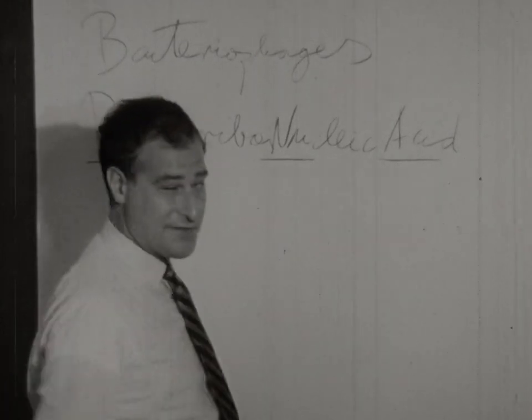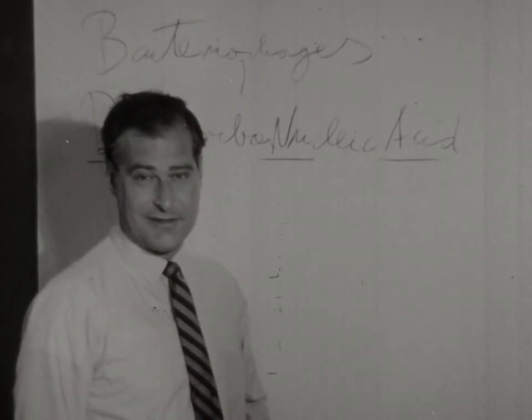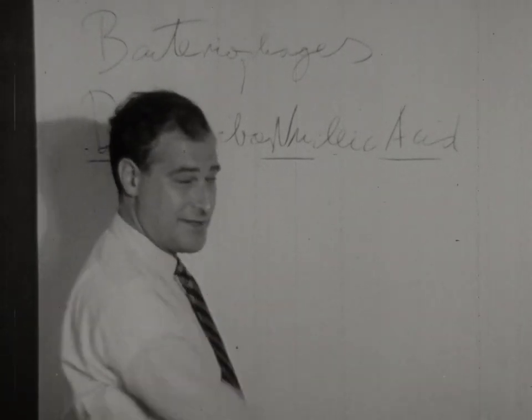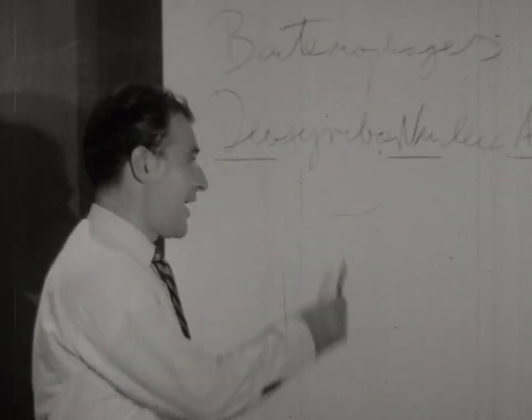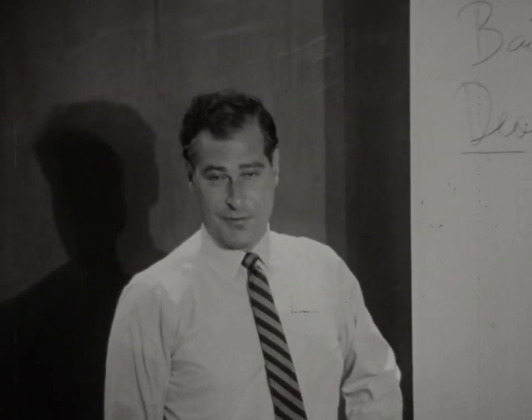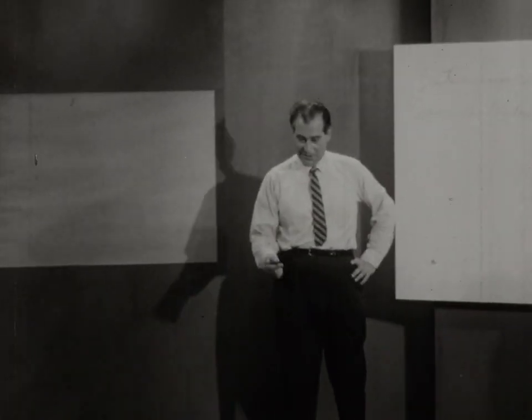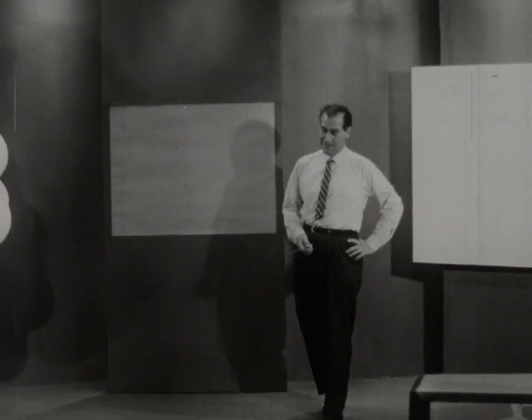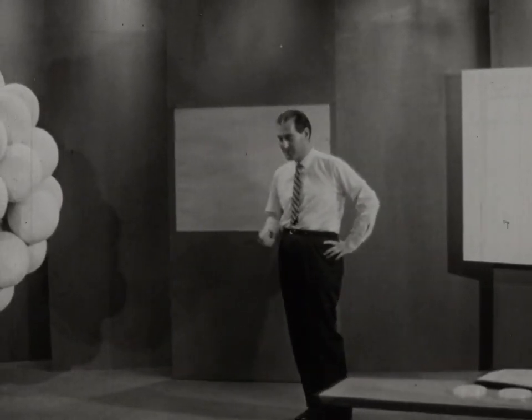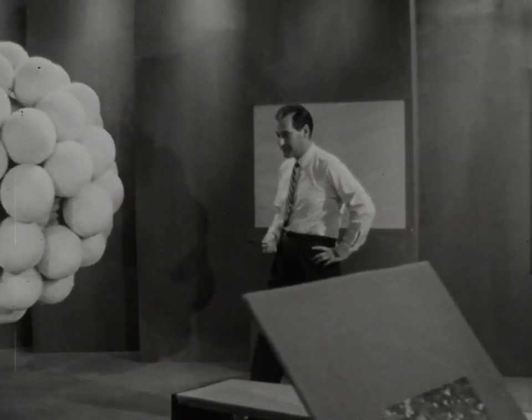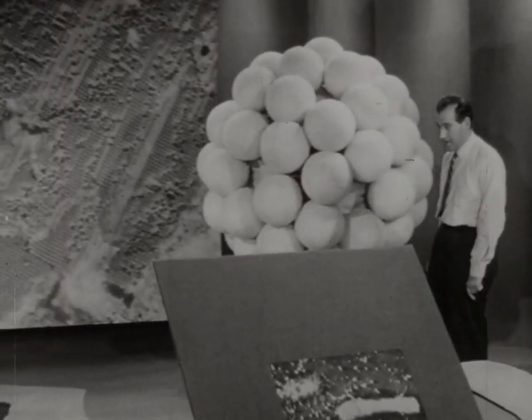Now, the actual chemical constitution of this substance is rather complicated, as complicated as its name. Nucleic, because it's found in the nuclei of all living cells. Acid, because it's acidic. And deoxyribo, because it contains the sugar deoxyribose. Now, the protein of the virus is the matter from which the tail of the virus is formed, and it also forms an outer membrane of the head. And the DNA is inside that head.